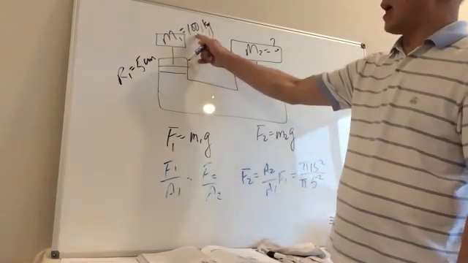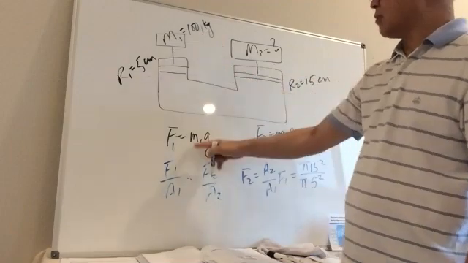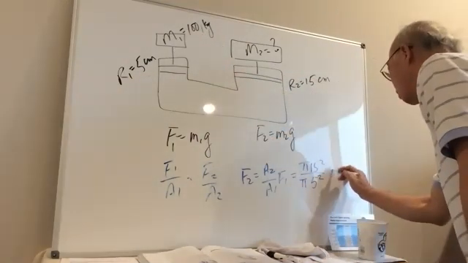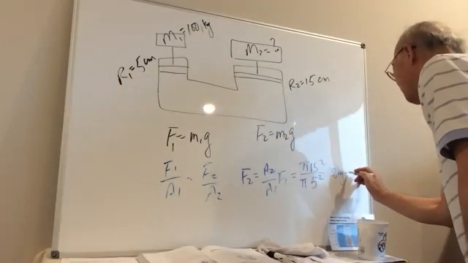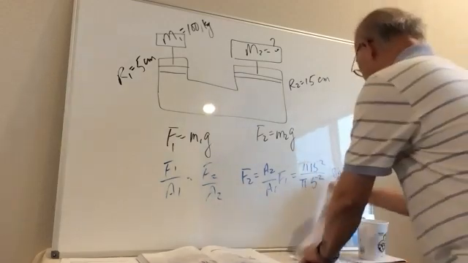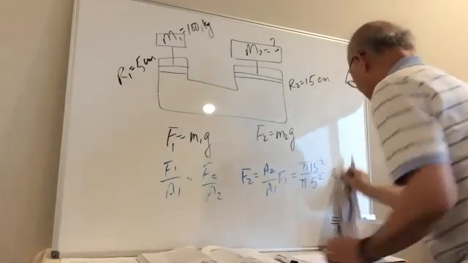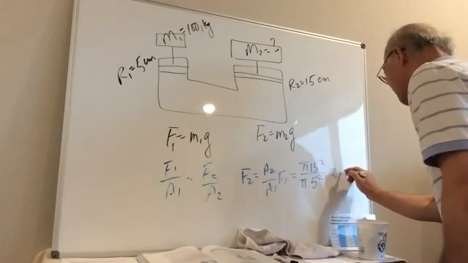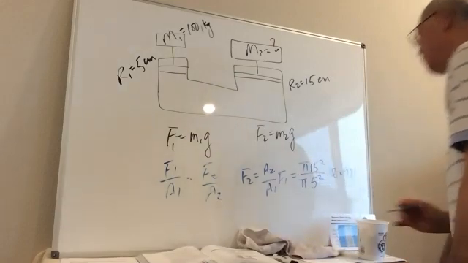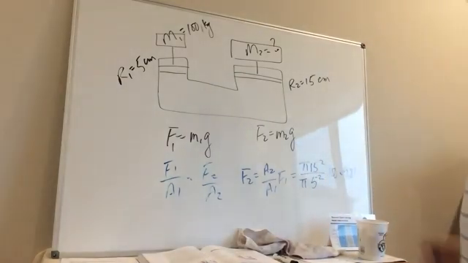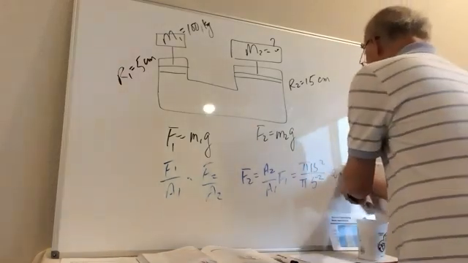F1 is going to be m times g, so 100 kilograms times 9.81. Actually, you shouldn't even do the g,